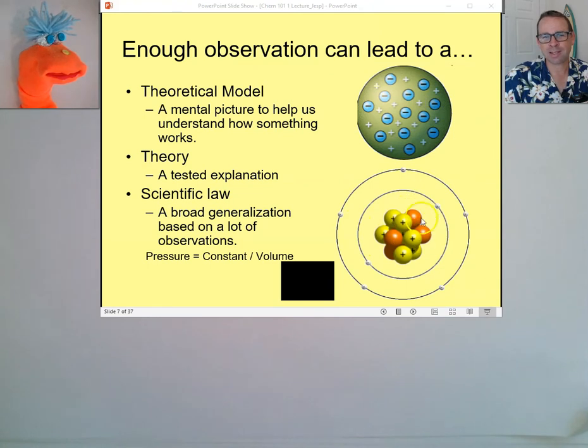Now, do you remember what's inside the nucleus? Protons and nucleons. Protons and what? Neutrons. That's right. Protons and neutrons. Very good. So we have our nucleus on the inside with protons and neutrons, and on the outside we have electrons. The protons have positive charges, the neutrons don't have a charge, and the electrons have negative charges. Yeah, I remember that from class.